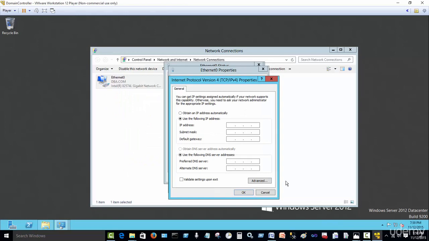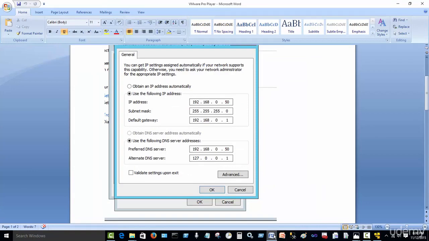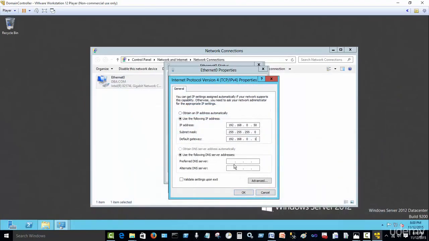So let me go back here. Now, if this sounds a little confusing, it probably is, so don't worry about it. But in all honesty, just follow 0.50. Let me see if I do that. And as soon as you click on this, this will populate automatically. Leave that. Again, the default gateway is your router, 192.168.0.1. So far, so good. And then same here. Make sure you put your IP